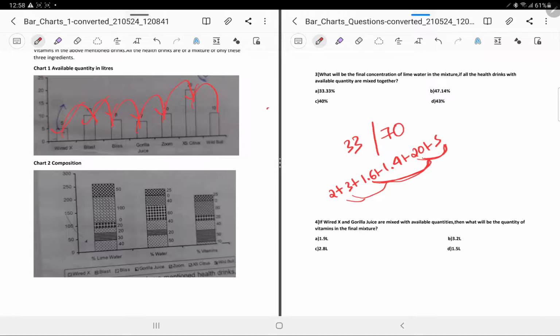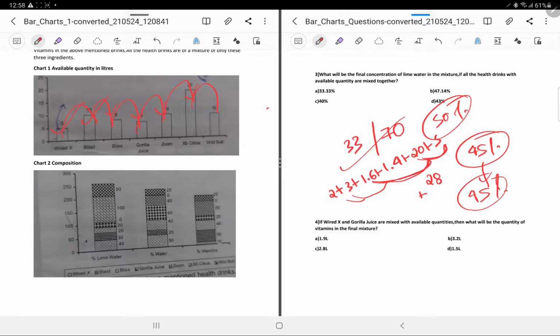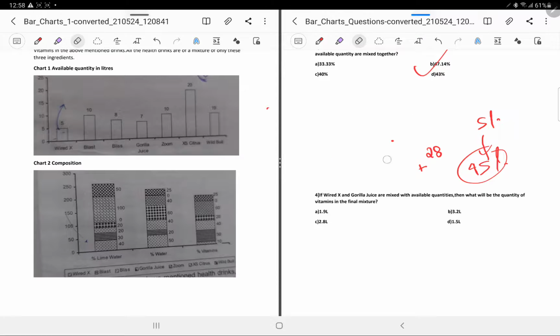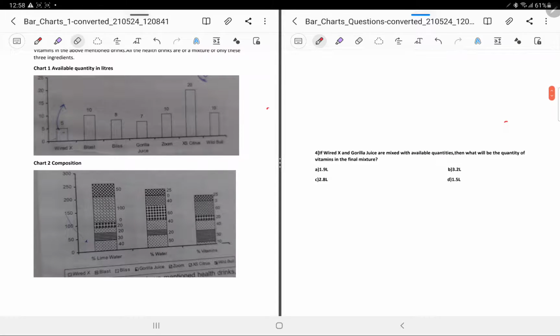So 33 by 70. Now this is somewhere close to 50% because 35 is close to this. Then the answer could be, can it be this? See this, 28. It is going way beyond 45% at least. It is not 50%, but it is not less than 45% as well. So the answer would be 47.14. These kind of things you need to do. Once you are comfortable calculating the percentages on your own, you'll get it. You need to have this sense of approximations.